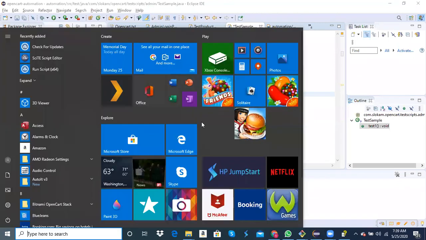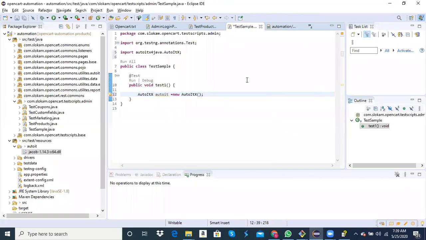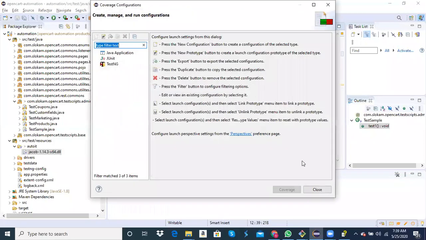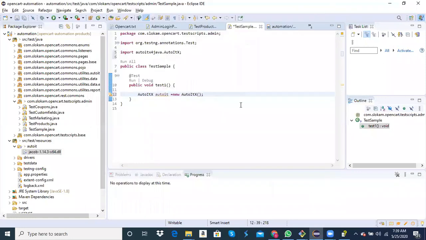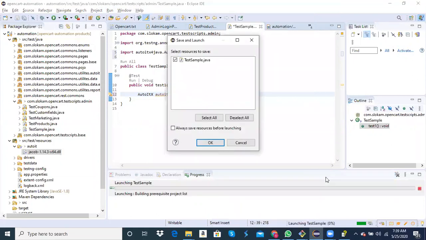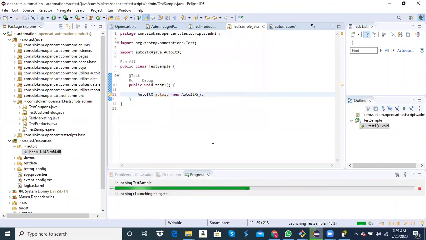But the problem here is, if I want to run this program, it needs some binaries, the DLL that we have copied, right? The Jacob DLL. It needs the DLL file.